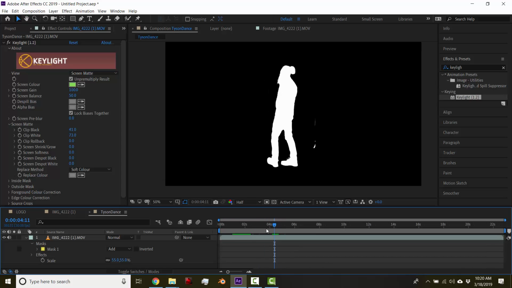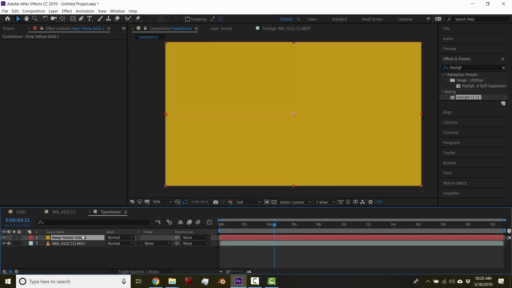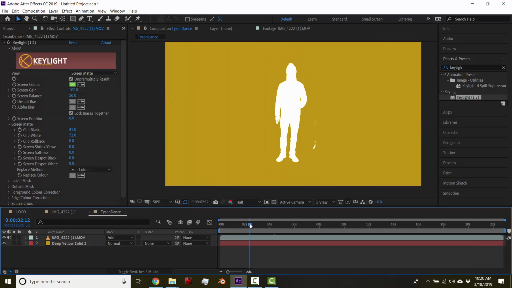Notice we have this white character on this black background. So if I just make a new solid and give it that color, take it to the background, we have this, and I can just set the blend mode to add. And all of a sudden we have